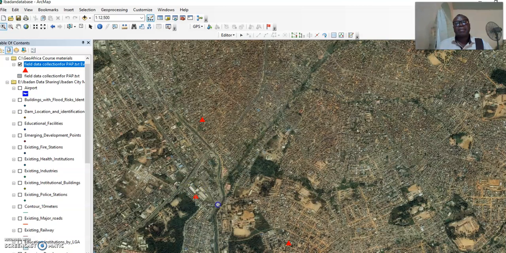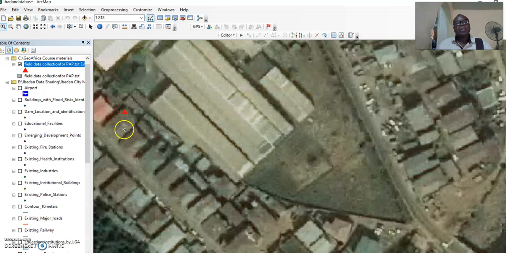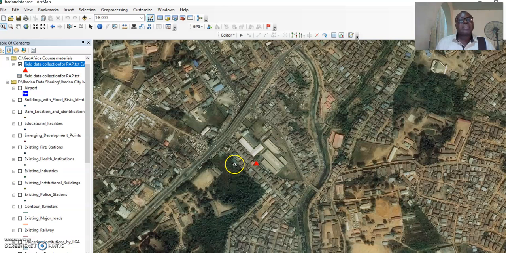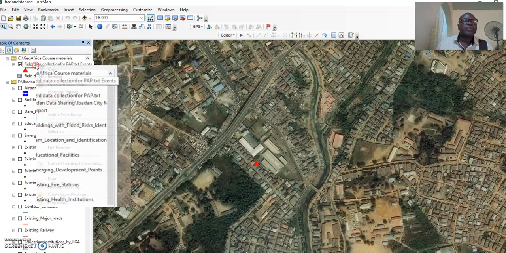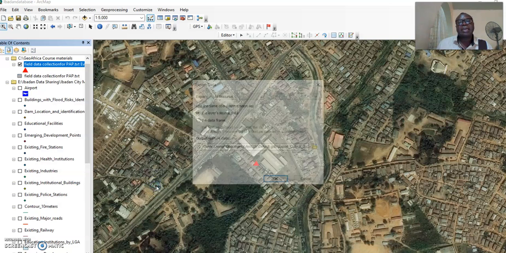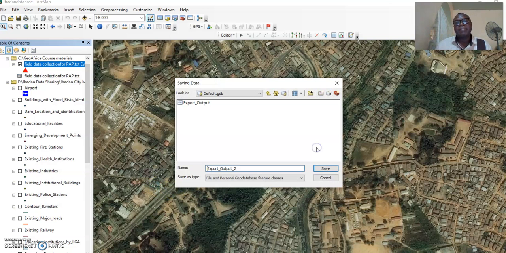You have another one. It's another building affected by projects. So that is the way you enter your data from the field and you make it a GIS. But you want to make it a GIS data set, you go to this event because it's still an event. You export the data as a shapefile, and then you call it PAP